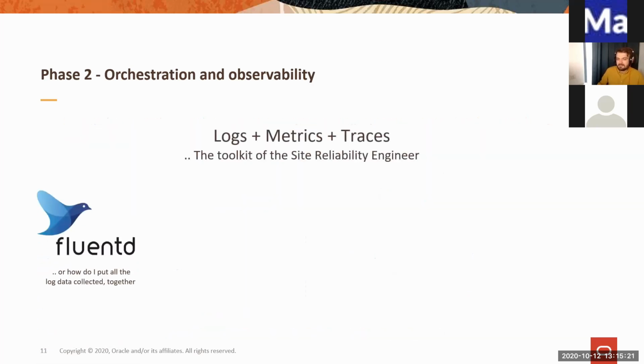Okay, Kubernetes handles the orchestration of the application, and it basically monitors if the pods are running and if all the infrastructure is up and running, if you want. But how do you measure the performance, or how do you keep track of the activity of your application? And this is the point where you start adding some extra services on top.